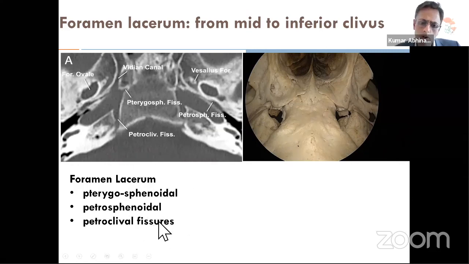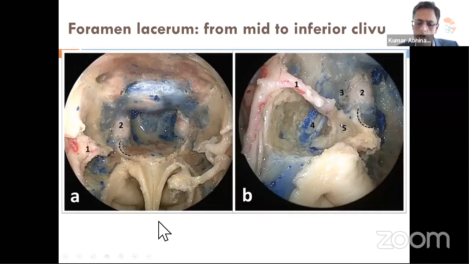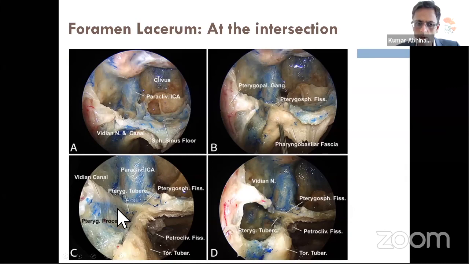And the key thing worth highlighting is when we are doing a sublacerum access, if we go down here, when we are trying to work towards the petroclival fissure in that inferior compartment, trying to widen that exposure inferolaterally, it's the division of this fissure line that is important, finding that, following that backwards, using the Vidian as a landmark, and you have about a 45 to 30-degree angle, and that allows you to mobilize the eustachian tube down south. So that you get access inferiorly and laterally towards the petroclival fissure. So that's when is that useful? Well, one of the things that I want to finish up with is